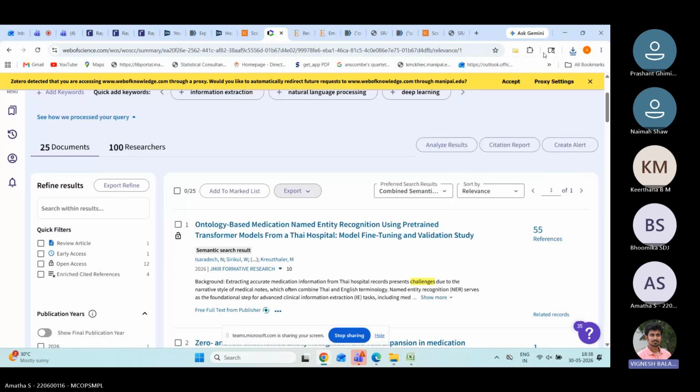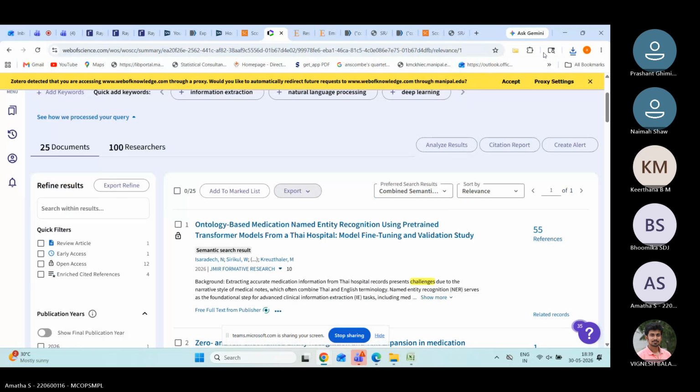I hope you understand how to export the files. Before exporting, you have to apply all the filters. Whatever filters you have, like whenever you are preparing the protocol, I think sir has already explained how to prepare the protocol. So apply the inclusion exclusion criteria and you select and you export like this. I hope you understand. Whether any doubt till this stage,